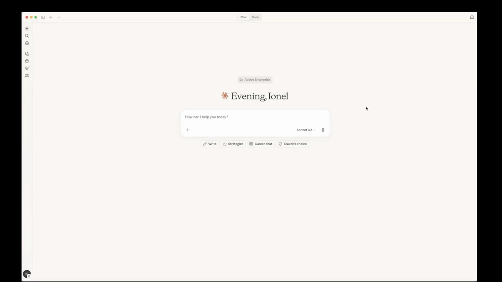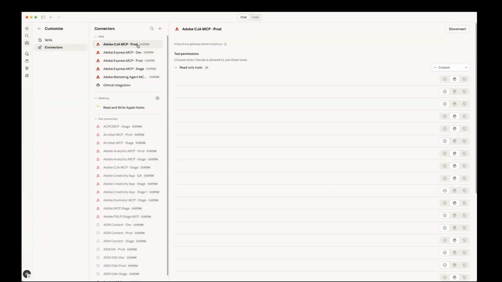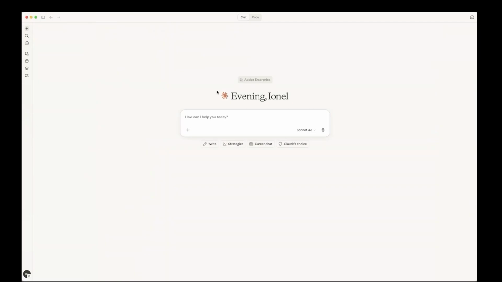First, I'll connect Claude to my CJA data. I'll go to Customize, then Connectors, and select Adobe CJA MCP Prod. I'm already authenticated, but you'd sign in with your Adobe credentials and approve access next. Once that's done, Claude has access to a set of CJA MCP tools that it can call on in this